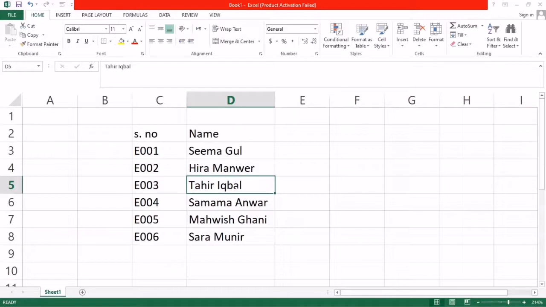Now another thing, if you want only a partial change, not a complete change, then you double click on that cell. You can see the cursor appears here. Suppose here you want any other name, then it will appear here.